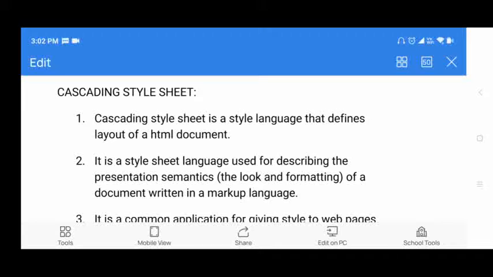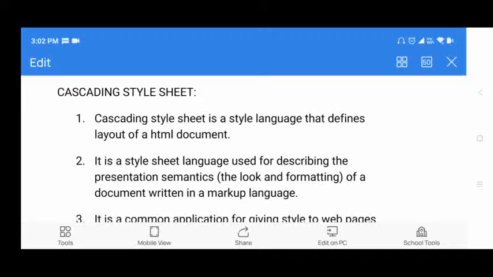Cascading style sheet. If you want to display any content, this technology cannot do it. This technology is used to give styles to the content, but it is not used to display the content. The name itself gives a definition: cascading style sheet.